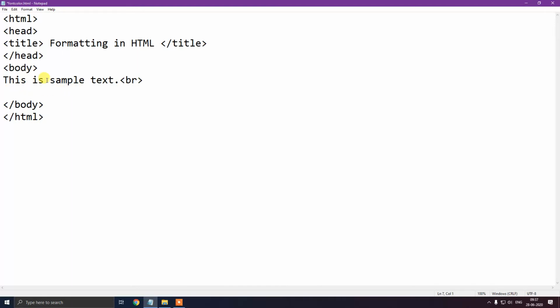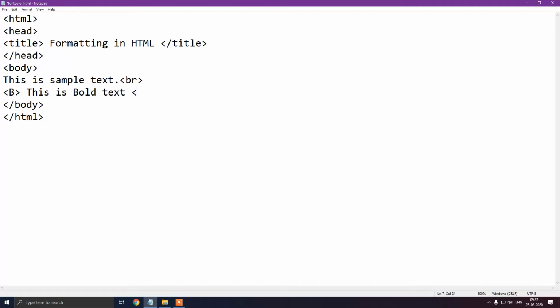So for bold, we will use this B tag. Okay, B tag is used for making the text bold. So now we have to write the text inside it. So this is bold text.